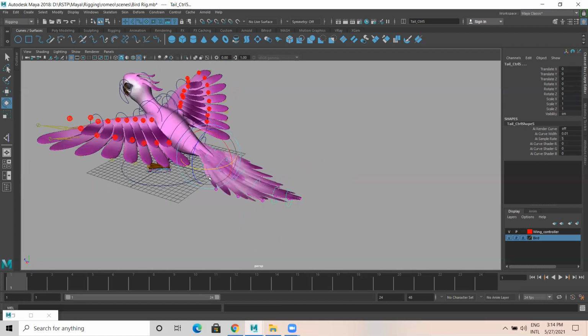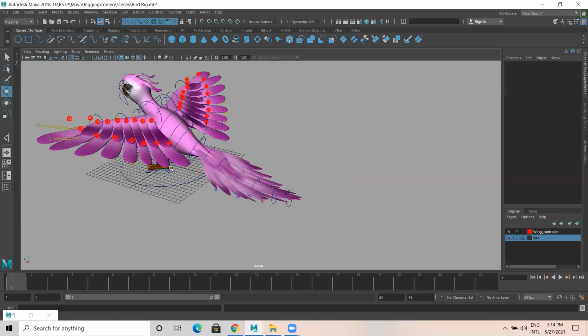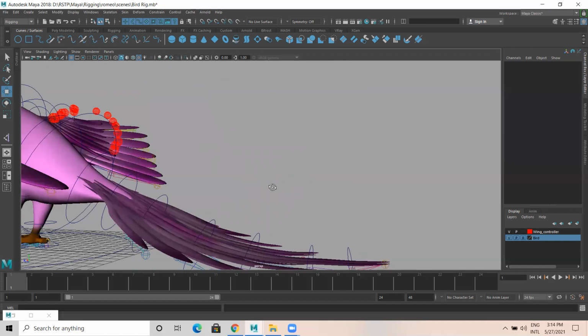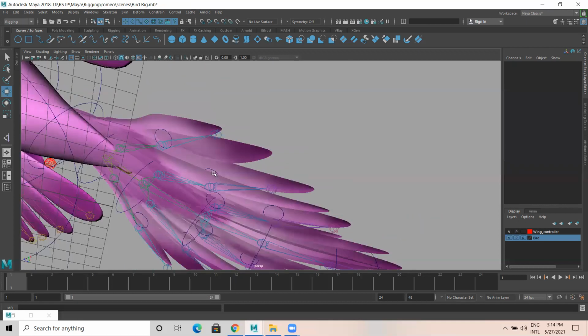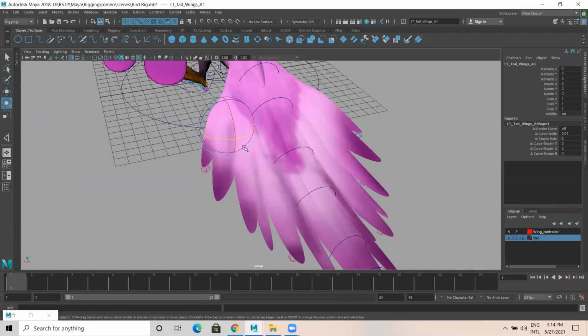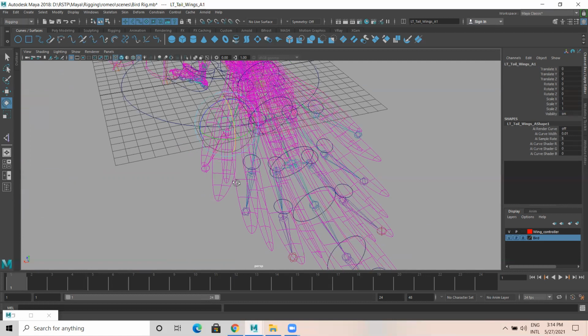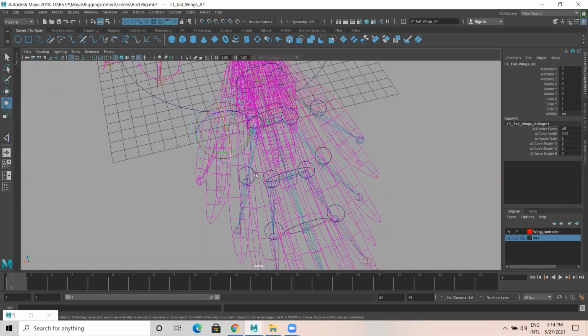Okay. So there are sub joints, and these are the sub controllers we have. If you see, these sub controllers are doing like this. Actually, not only that, I need to select 1, 2, 3, or this one.